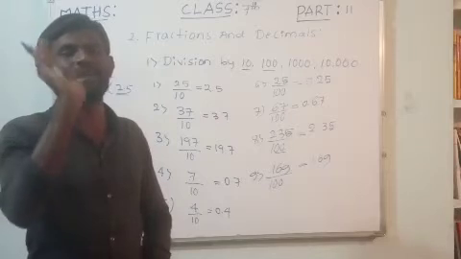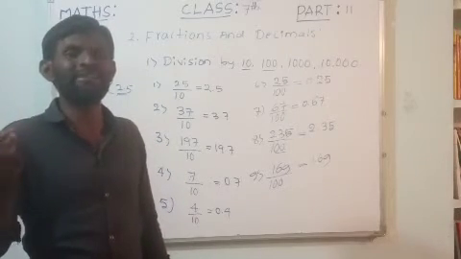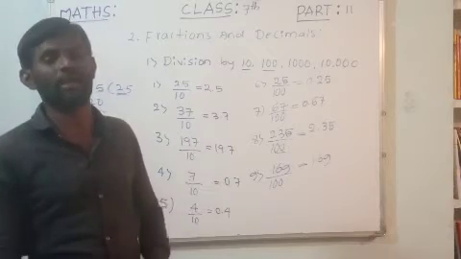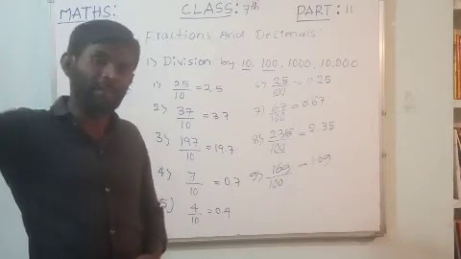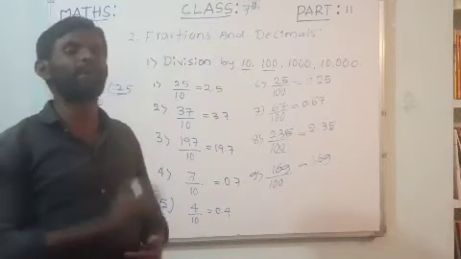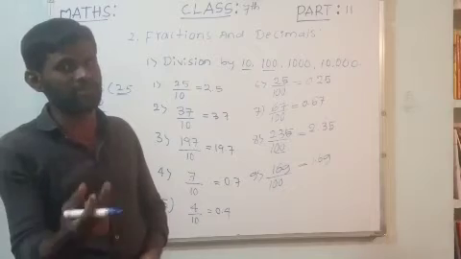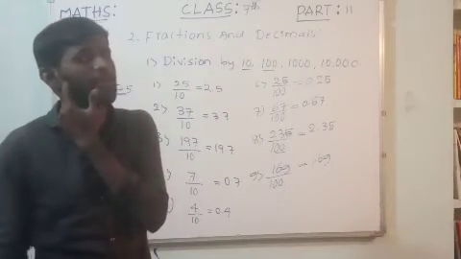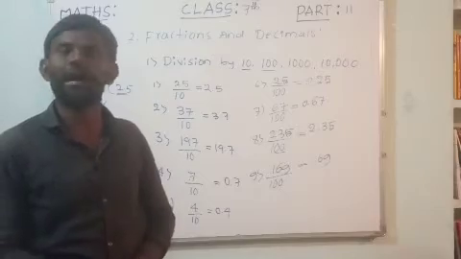You should have the basic concept. See how many zeros are present in the denominator. In the numerator, from the left side, you give the decimal point. The number of zeros in the denominator, how many are there? You have seen. Then give the decimal point so that many decimal places. That will be the answer.